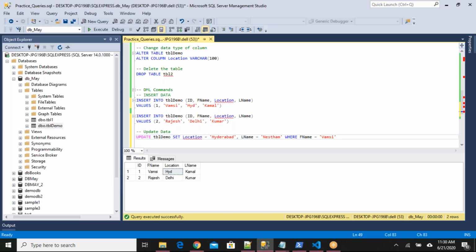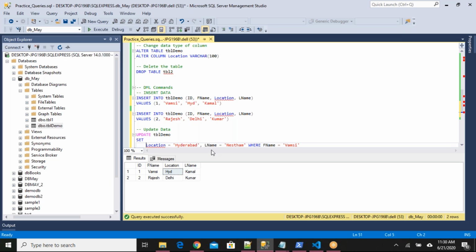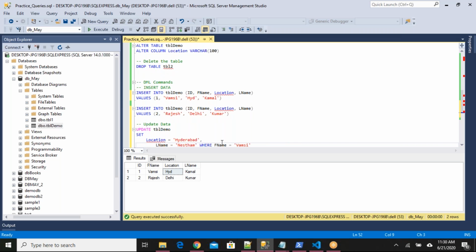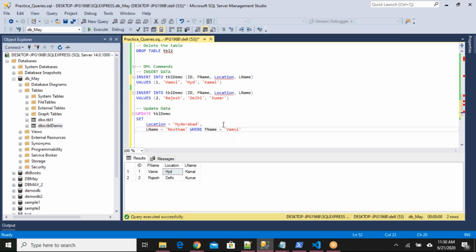So if I run this statement, what happens now? Generally, instead of writing in single statement, just for readability, we write like this. Even if you write in single statement or two statements, also fine. I'm splitting it like the operation I'm going to do is update table set. Inside this set, I'm saying all the columns and its new values and where condition. Okay, multiple conditions also I can mention here. So if I run this, what happens now?